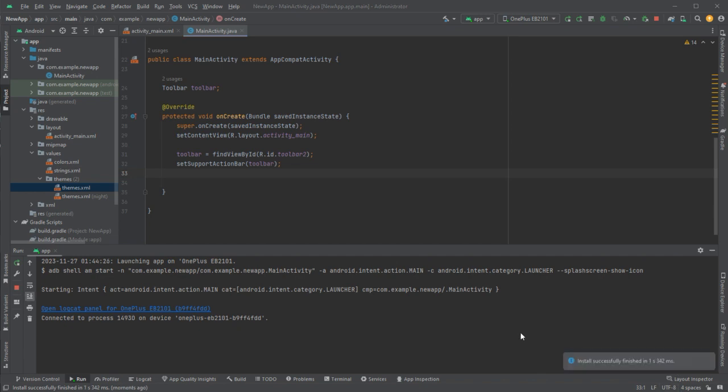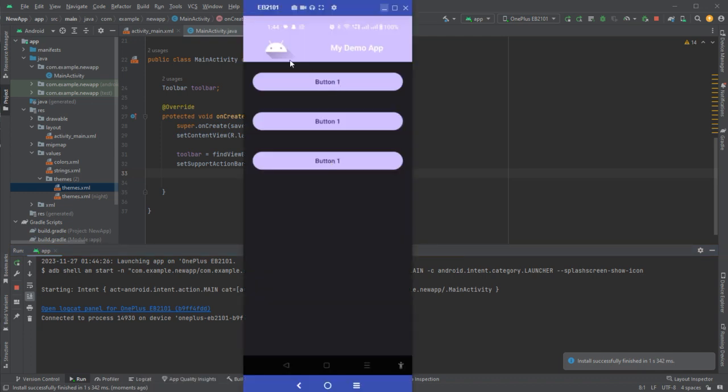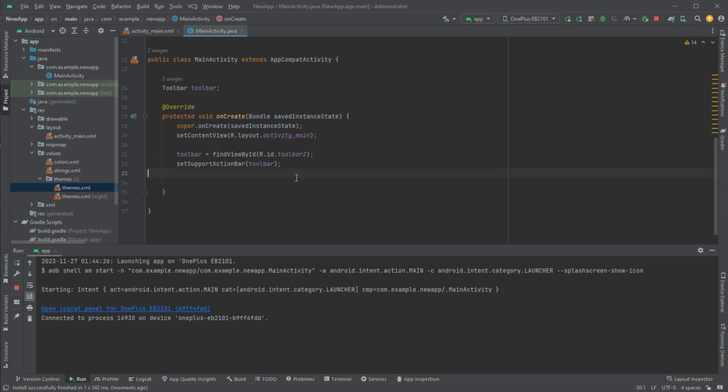Okay, so let me run this app, and our app is running now, and as you can see there is not much difference here, as toolbar and action bar are the same here, but if you can observe, we have some shadow here. This looks a little bit on the front side because it is acting as an action bar right now. Okay, so the main observable difference will be in some other application that I will show you, but this